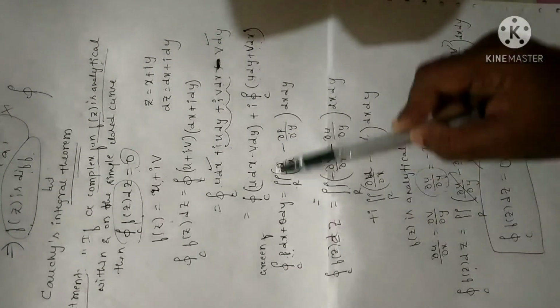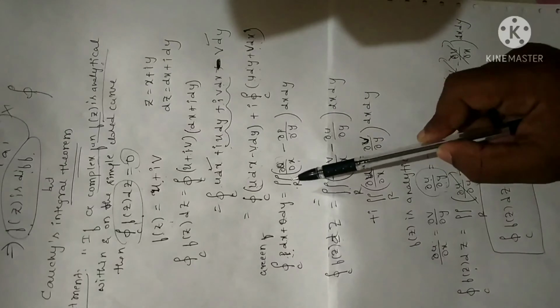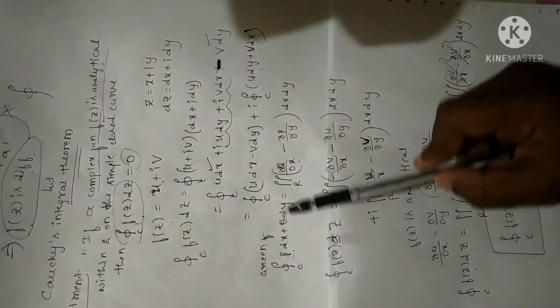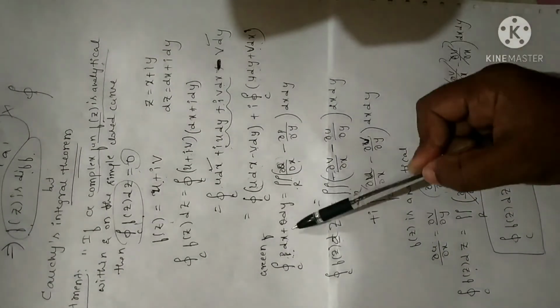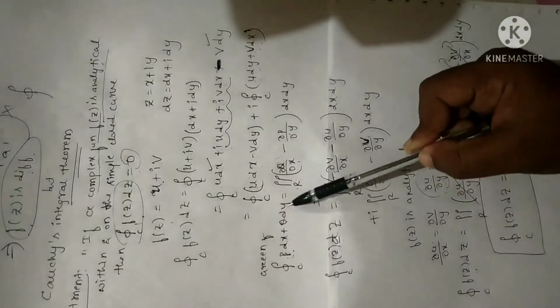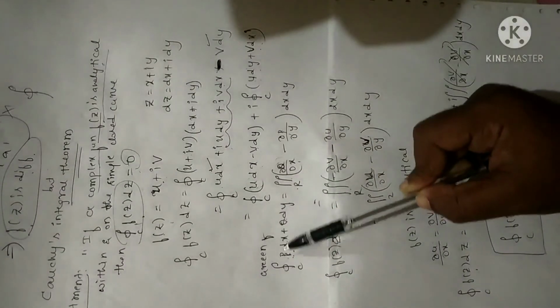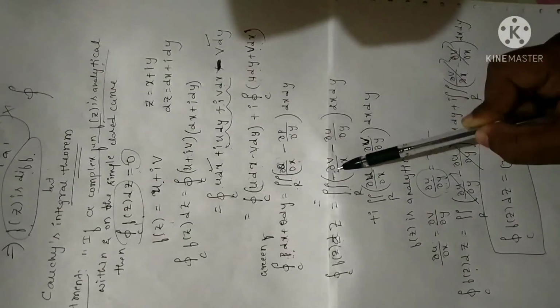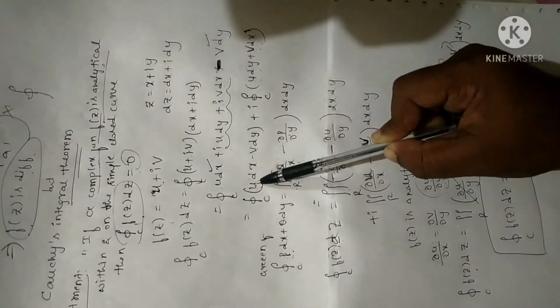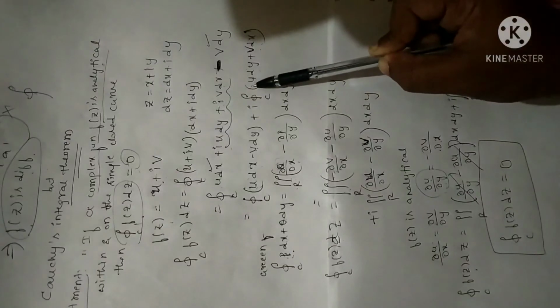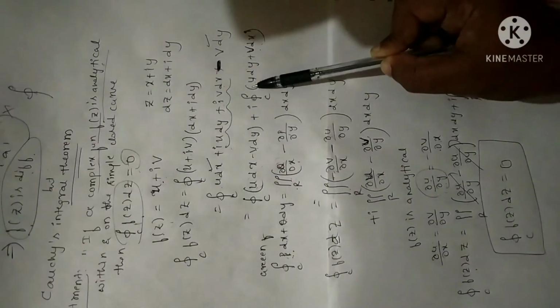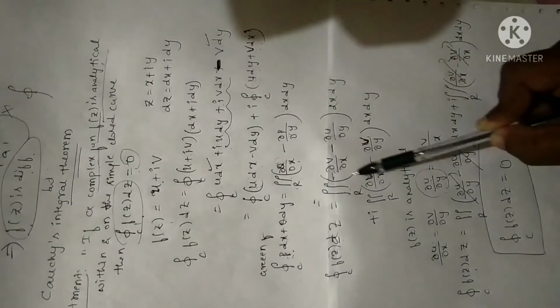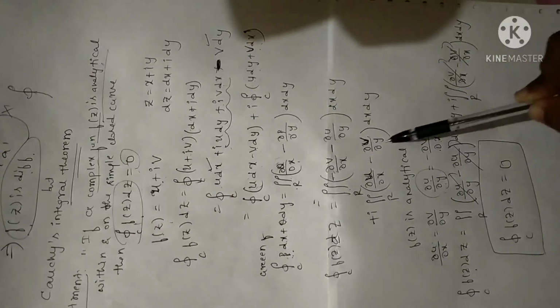Now I have to apply the Green's theorem. Remember, this is the major step where you are going to make the mistake. So first term should be coefficient of y, second term should be coefficient of x. So here first is y, so v I have to differentiate. Next is x, so u I have to differentiate. Here first we have to differentiate y. The term containing y is u, so that is why I have done u. Next is v, so I have done this.